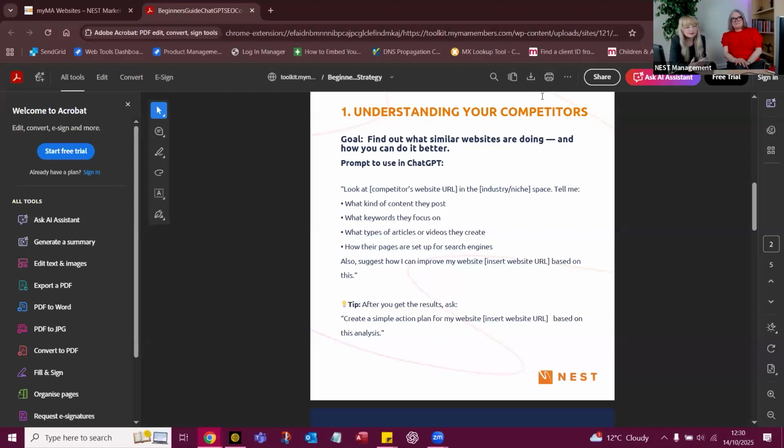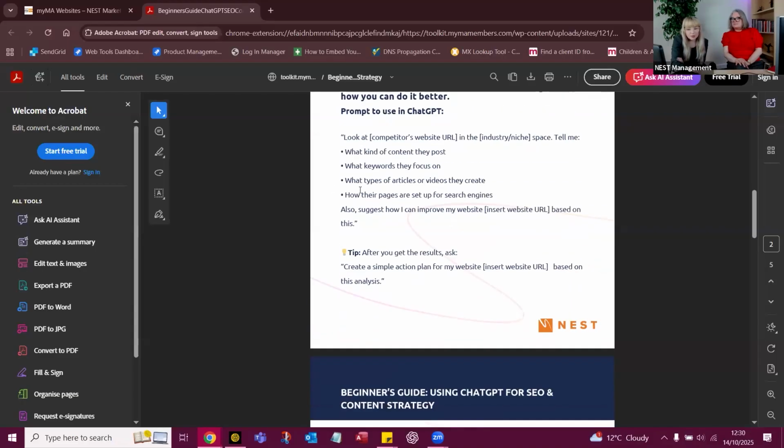It might be somebody that has 25 more students than you do, and if you want to know what they're doing, I would suggest you get some websites and have a look at what they're doing. So this will give you some prompts that you can pop into ChatGPT. And if you follow the prompts, down at the bottom, it will say, after you get the results, ask it to create a simple action plan for my website, and then insert your own URL